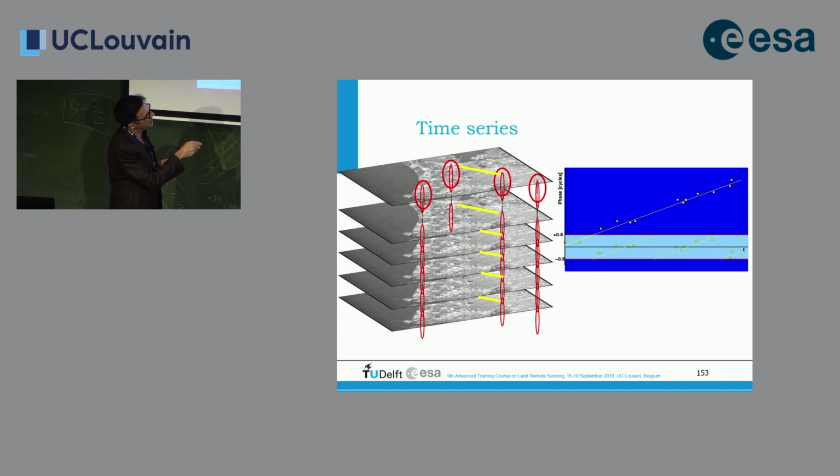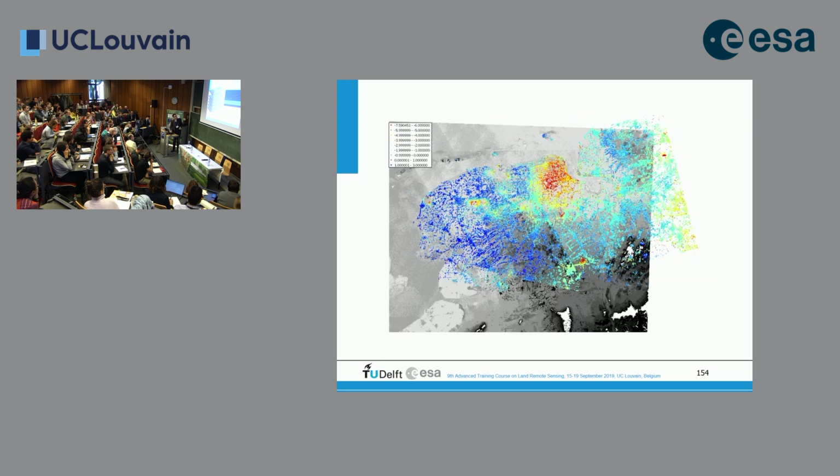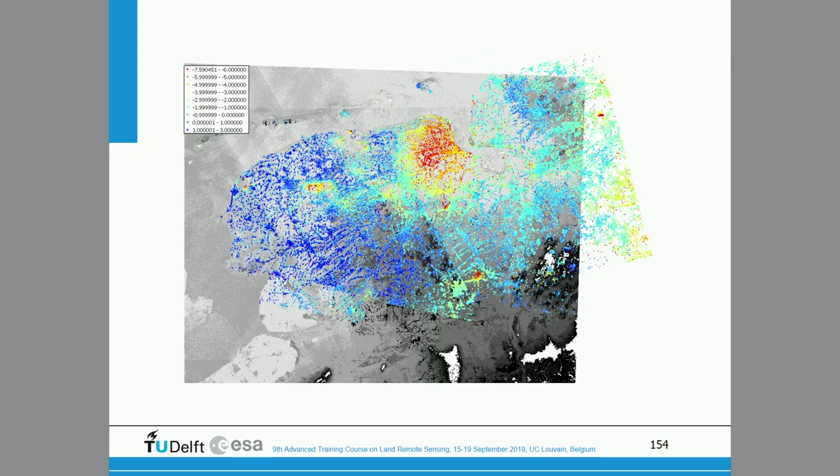So what we measure actually is the yellow dots in this light blue band. And our trick is, how do we get from the yellow dots here in the light blue band to the yellow dots on the dark blue band? That's what we need to do. Now we did that for a lot of buildings and hard infrastructure. Here you see an area of about 200 kilometers in the north of the Netherlands. And here these little dots are points where there was a house maybe, and the house moved, in this case due to gas extraction at 3 kilometers depth. This is about 7